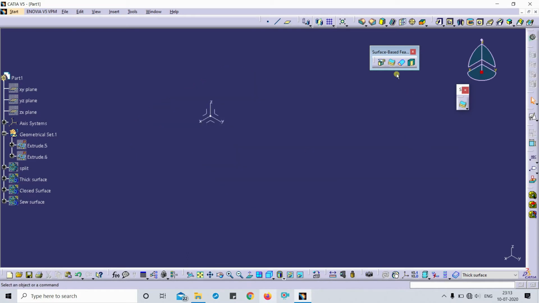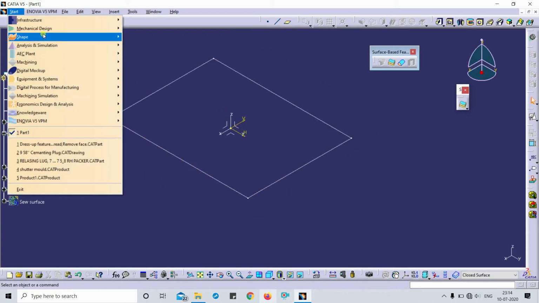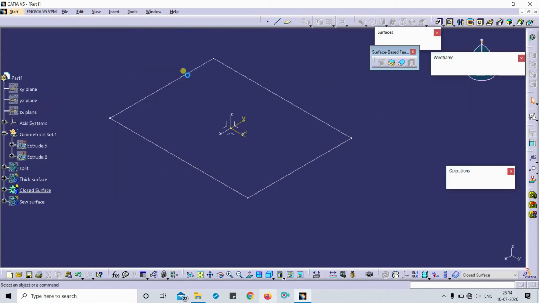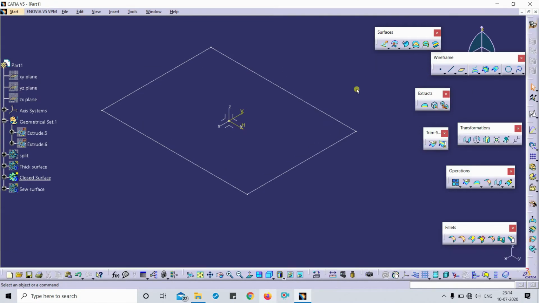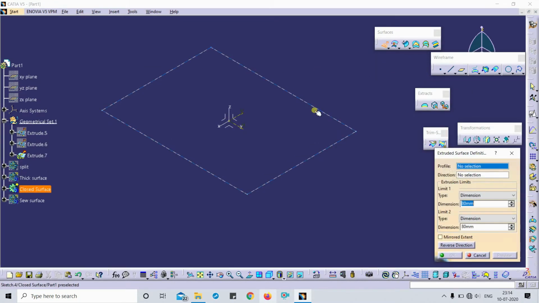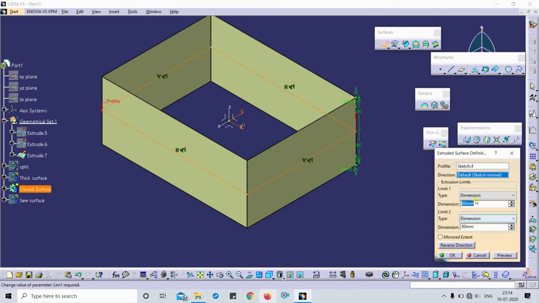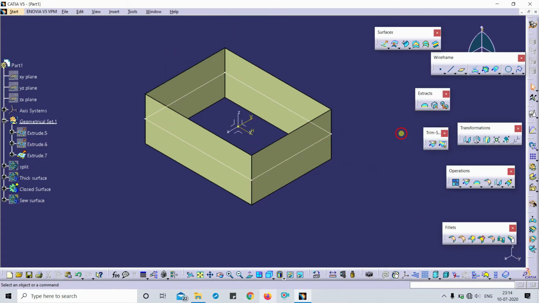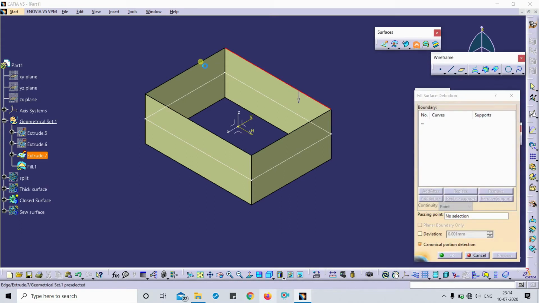Next command is the close surface. For that once again I have to switch to generative shape design. In generative shape design I have added the surface on mirror 80 dimension to both. After that I have closed this surface by using the fill command.